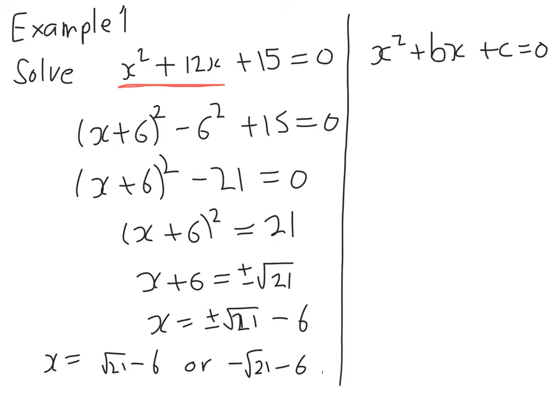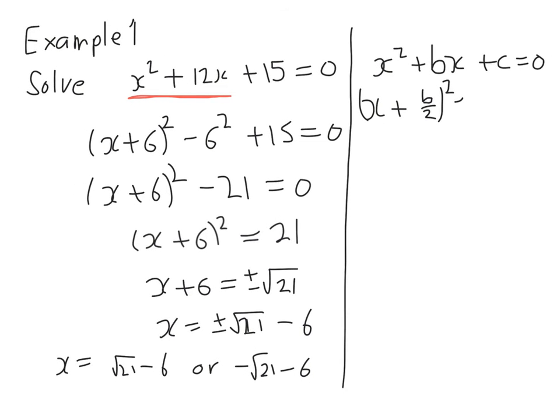So what we do is we get x plus, and we always half the coefficient of x. So when you complete the square, that will always be the case. We then have to take away that number squared. So we had 12, we halved it to get 6, that's our b over 2. And then we took away b over 2 all squared. So take away b divided by 2